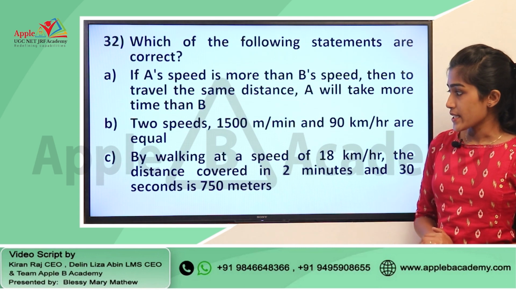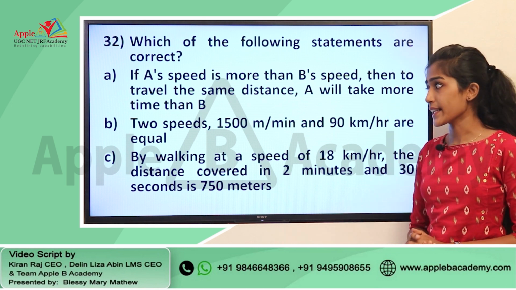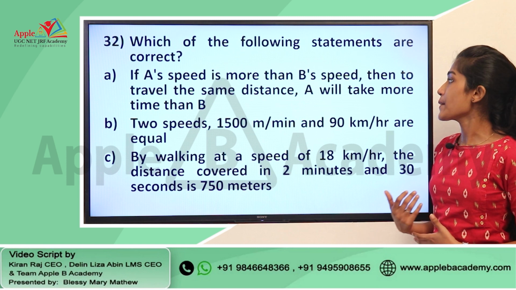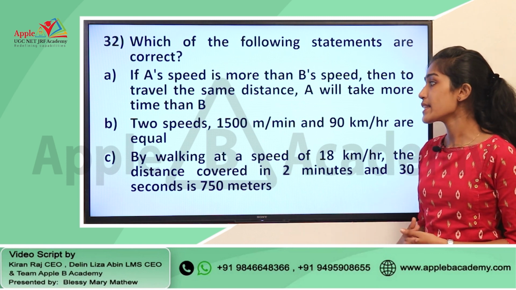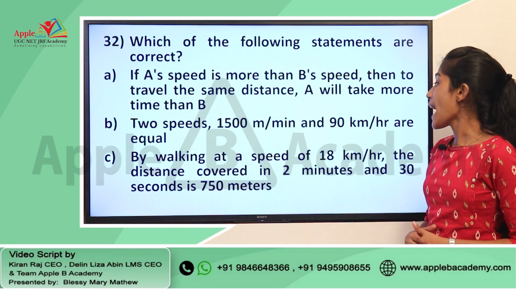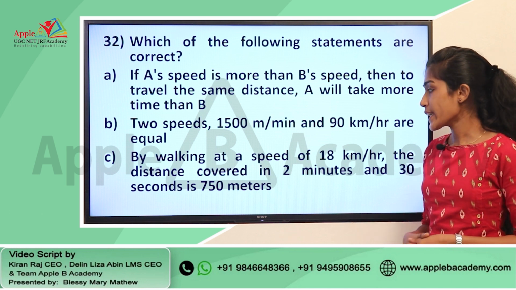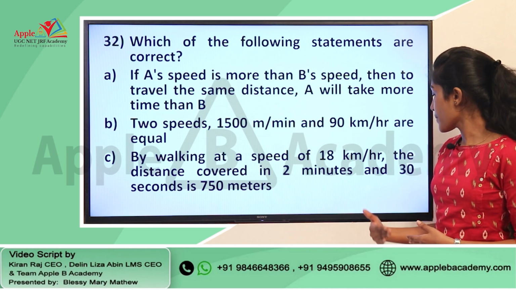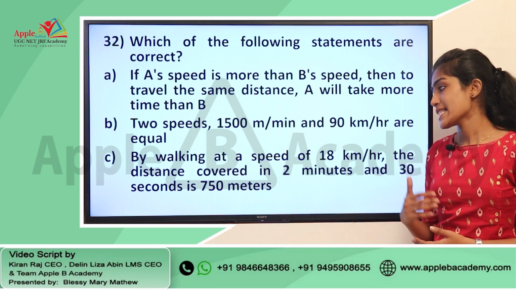Moving to the next question. So, let us read the question first. Which of the following statements are correct? If A's speed is more than B's speed, then to travel the same distance A will take more time than B. Two speeds, 1500 meter per minute and 90 kilometer per hour, are equal. By walking at a speed of 18 km per hour, the distance covered in 2 minutes and 30 seconds is